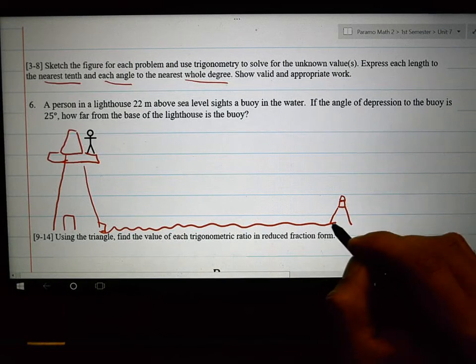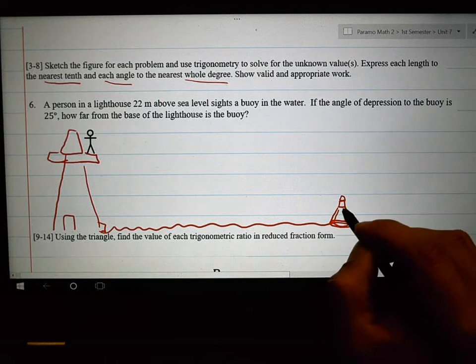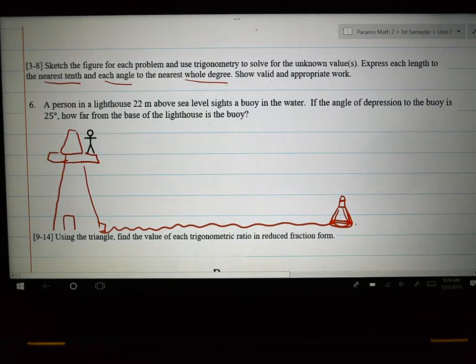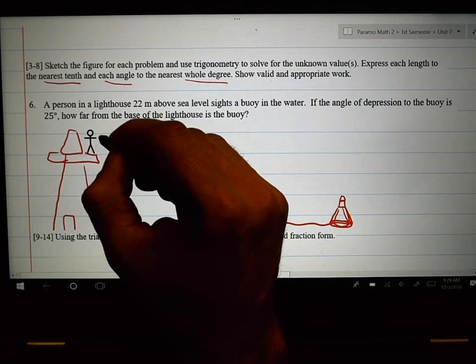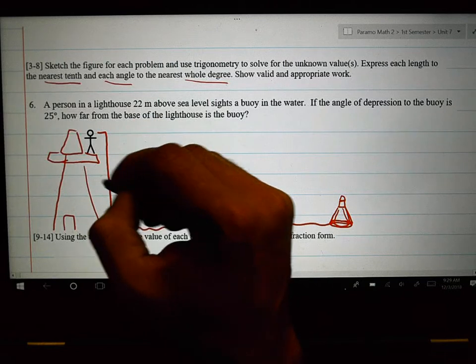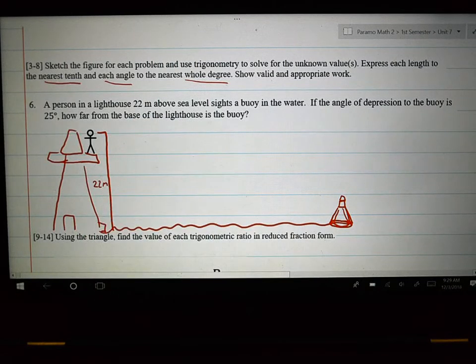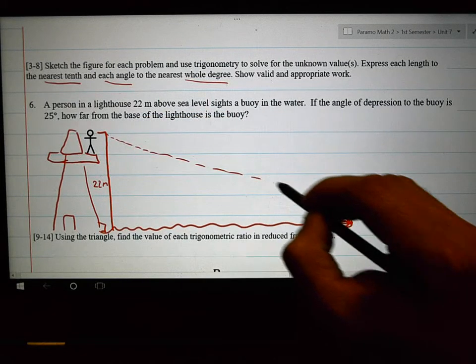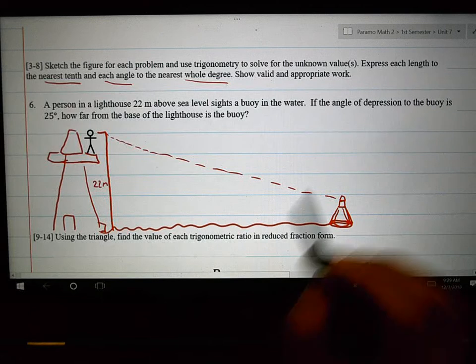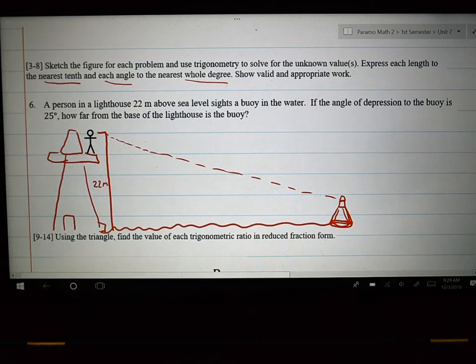Ping, like that. The person in the lighthouse is 22 meters above sea level. 22 meters. And sights a buoy in the water. Oh, there's a buoy right there. Right there. If the angle of depression to the buoy is 25 degrees, this is where I tell you a